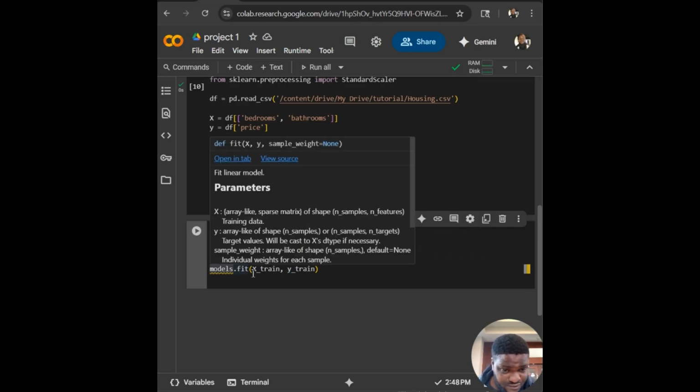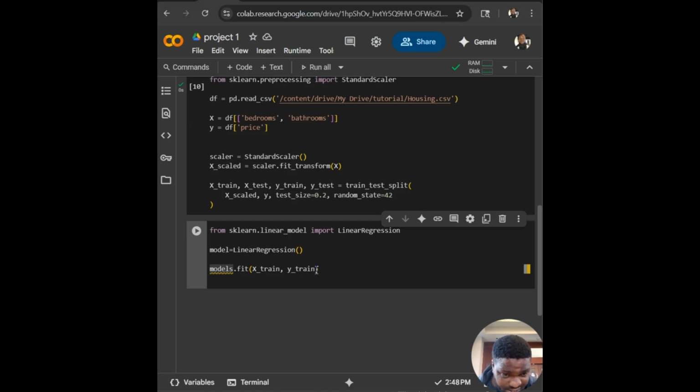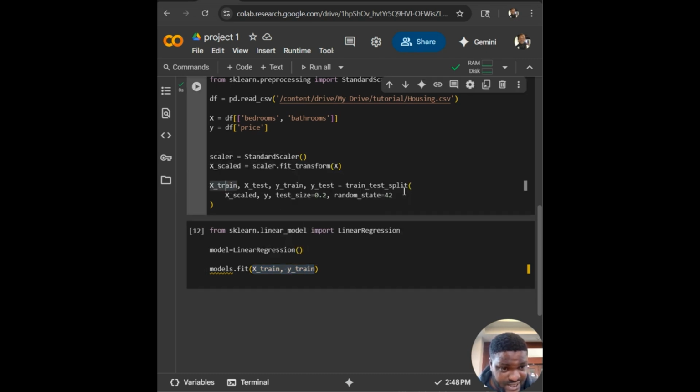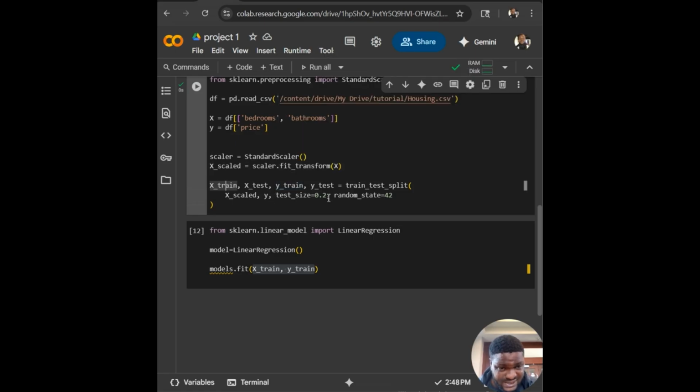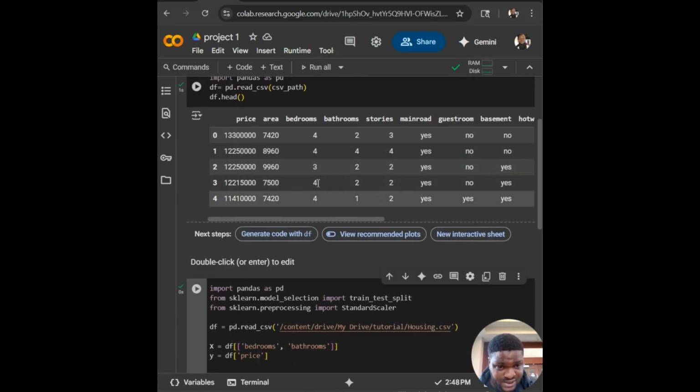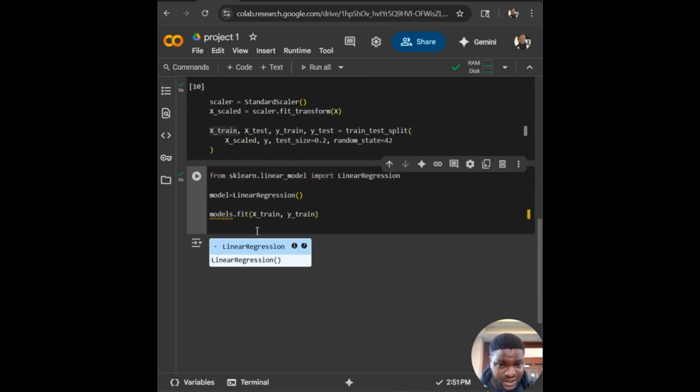So whenever I call this model.fit, it helps me to train whatever arguments are stored inside here. So now this will be training X train and Y train. And X train and Y train have already been defined in my train test split initially with this line of code. You see, I've specified X train and Y train, and I've already specified that the training data will be 80% of our data, which is 80% of the rows of this tabular data. So by doing this, once you run the line of code, you have already specified your training is perfect, and that's